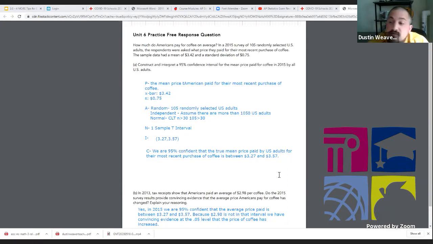And if 0 is not in the interval, then we can say that there is sufficient evidence that there is a difference. So when you have two proportions or two means, you commonly are looking for whether 0 is in your interval or not, okay? And that kind of takes you through everything for Unit 6, confidence intervals, in a quick